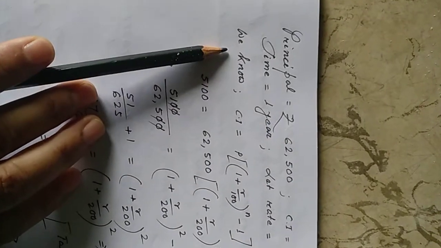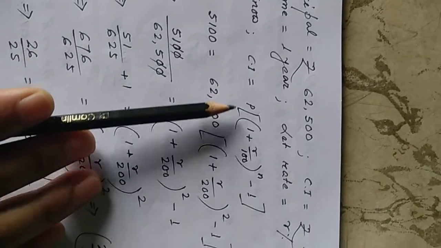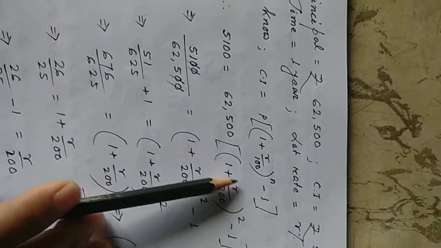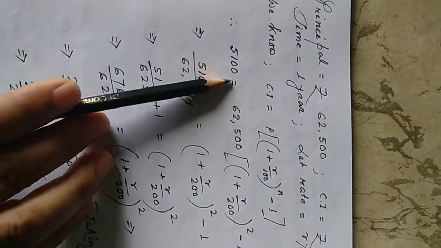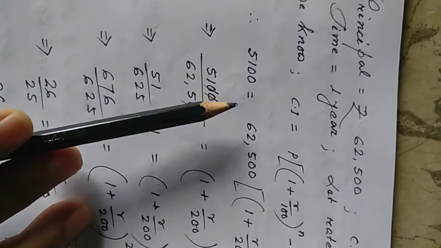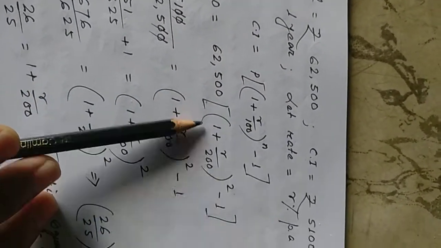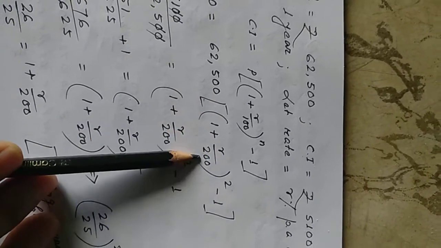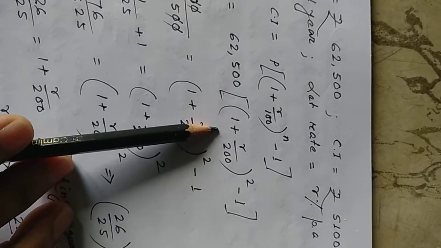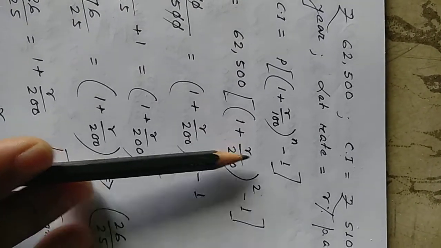So here we can write the formula of compound interest, that is compound interest equal to P whole into 1 plus R by 100 to the power n minus 1, and as the compound interest given here is 5,100, I write here 5,100 equal to 62,500 whole into 1 plus R by 200. Why R by 200? Because it is R by 2 as compounded half yearly, so we will take R by 2 into 100, so it's R by 200,